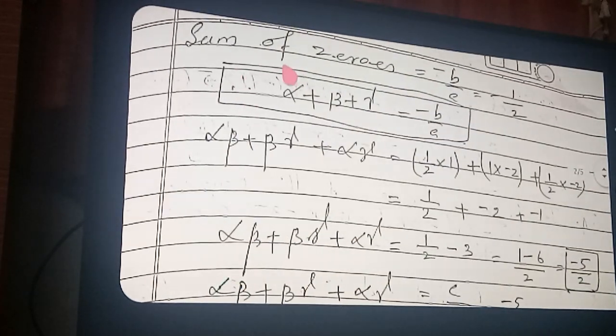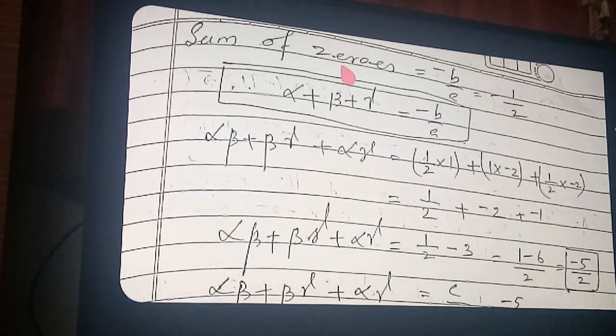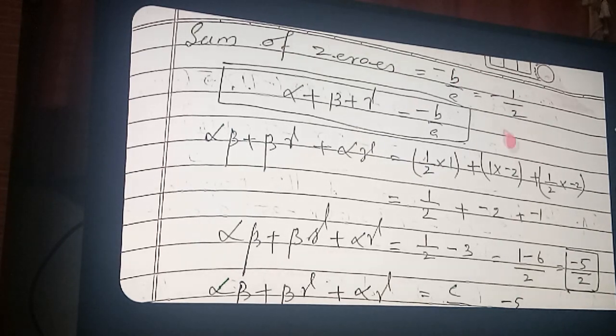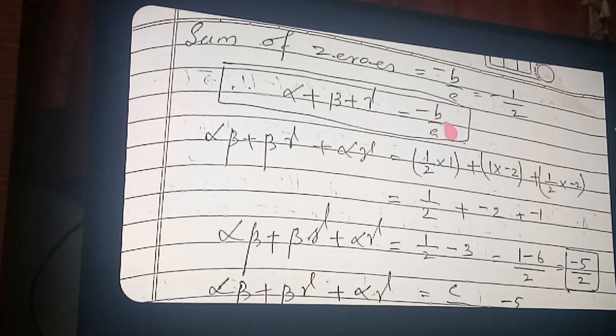Now the sum of the zeros we have to find according to the value we are studying. Sum of the zeros, what is coming? Minus b by a. Minus b by a, the value of b you already know is 1, so minus 1 by 2. So you got that. Previously we found the sum of the zeros as minus 1 by 2. Now in this method you got the value minus 1 by 2. The meaning is that alpha plus beta plus gamma is equal to minus b by a, we verified.